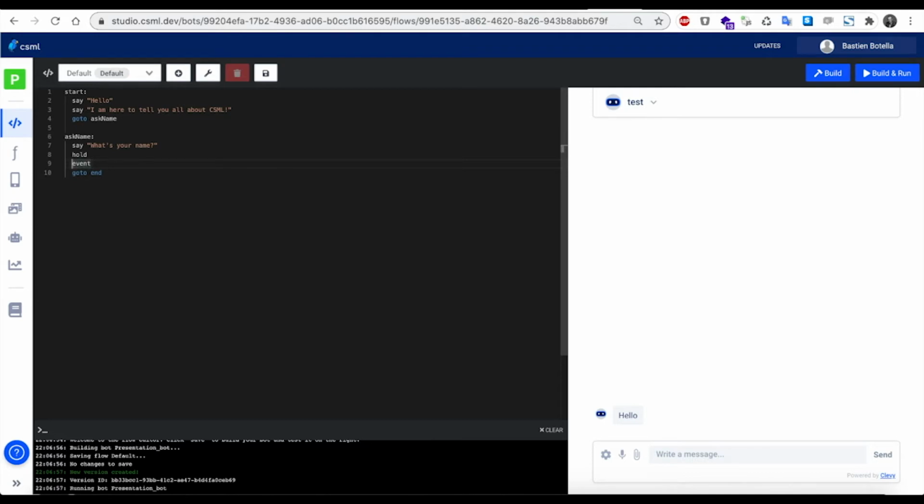Okay, so here we can say something like, hello, event. It is nice to meet you. But here we need to show CSML that this is a variable. It's not just a string. So to show CSML that it's a variable and we want to use it within a string, we are going to use double braces around it. And that would work. And now if we build and run,